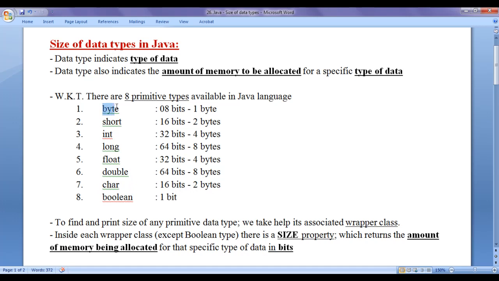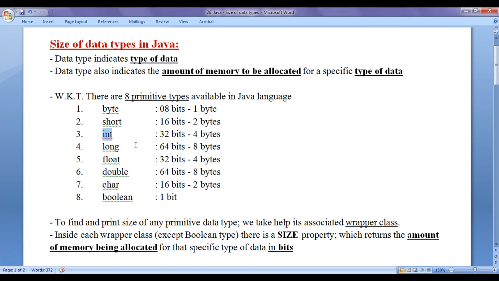For byte type data, computer allocates 1 byte memory location, that is 8 bits. For short type data, computer allocates 2 bytes, that is 16 bits. 1 byte equals 8 bits, 2 bytes equal 16 bits, 8 into 2 is 16.